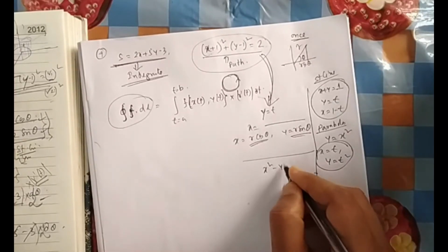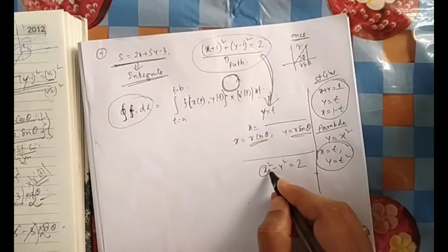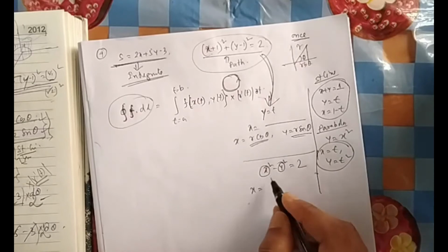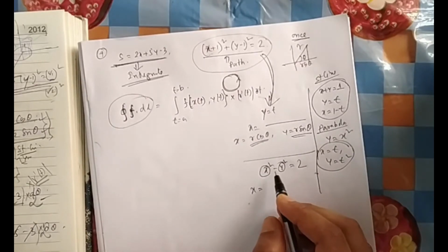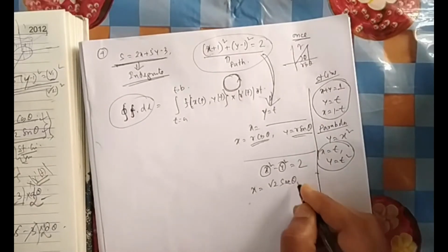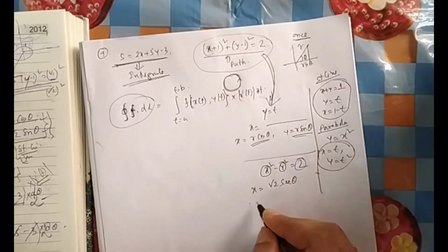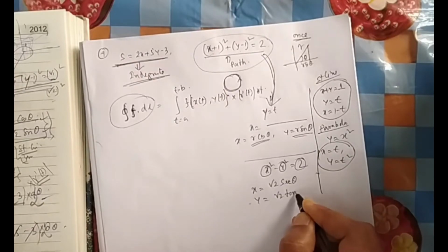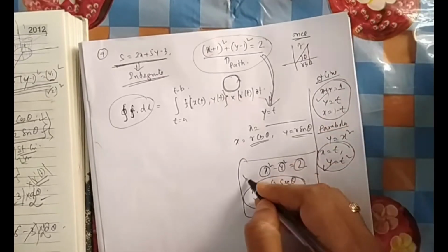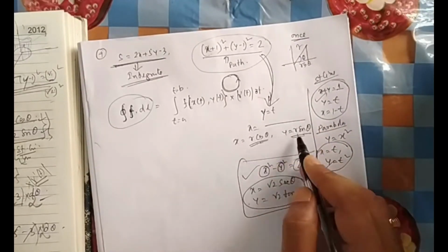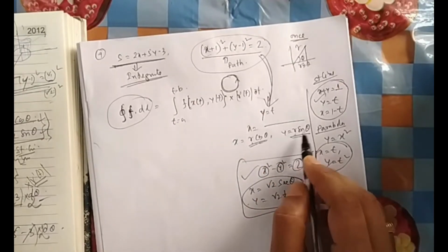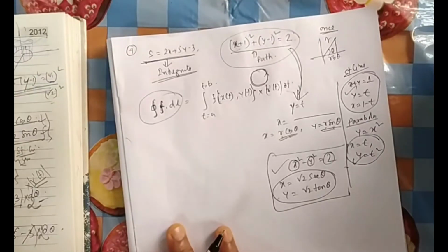Next you can think of a hyperbola or ellipse. So the hyperbola will be x square minus y square equal to something. Then you can think of x equal to what? The same r will be there, but here cos square minus sin square is not equal to 1. So what is 1? Sec square minus tan square. So you take x equal to root r sec theta, and y equal to root r tan theta. This is for the hyperbola. Parabola, straight line, hyperbola, and ellipse is also the same, but the r is changing. For the major axis it is a cos theta, for the minor axis it is b sin theta, something of this format. So we will see this one.